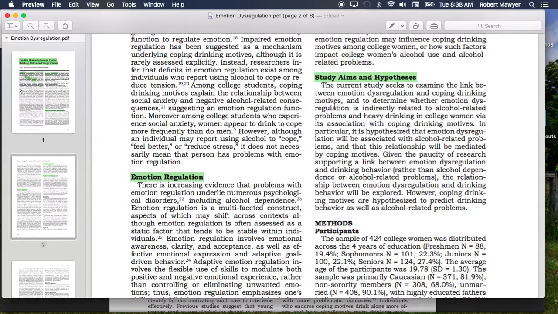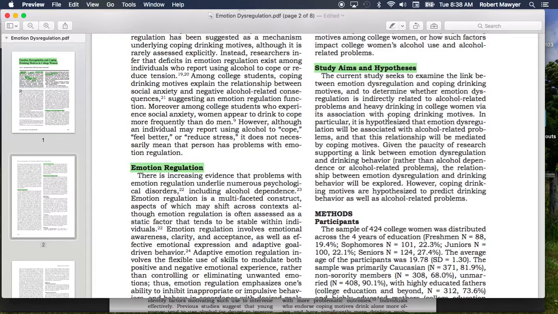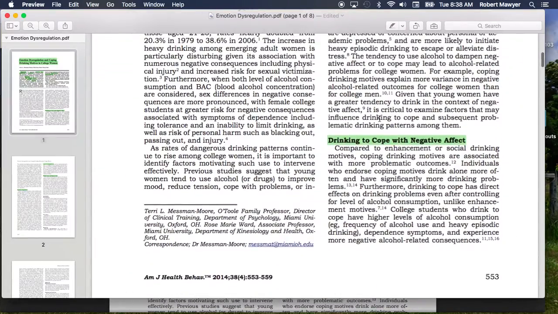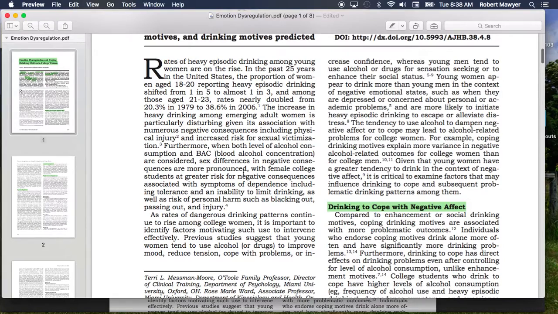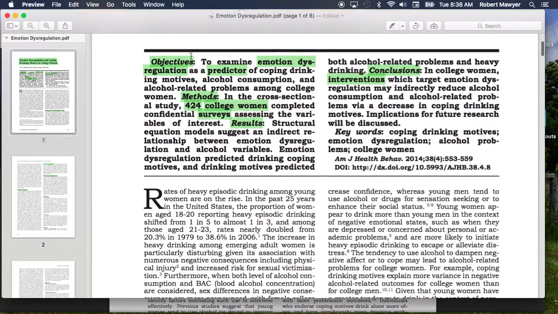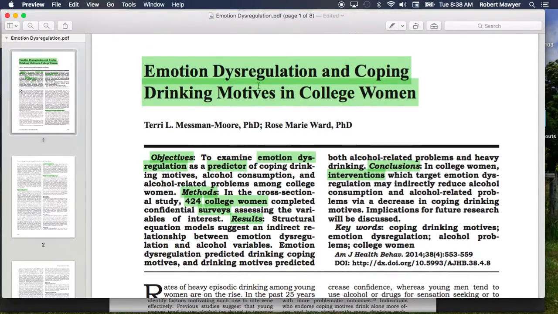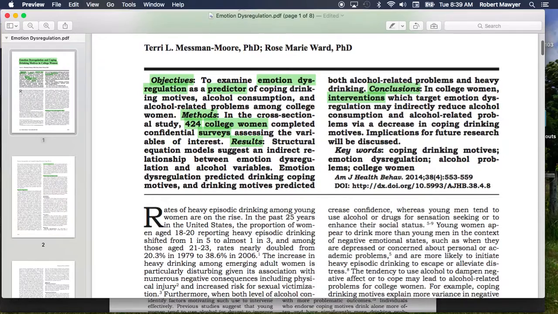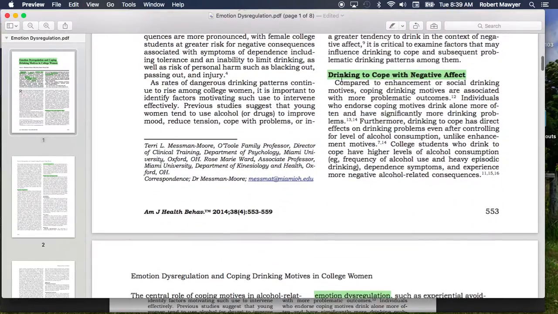This section obviously tells me that the hypotheses that the writers are working with are going to be outlined here. That might be useful to know. But again, I haven't really sat down to read anything yet. I'm just orienting myself, but I already have kind of a sense of what I want to be looking for, what I need to know, what they tried to do, what they found, what they think we should do with that information,